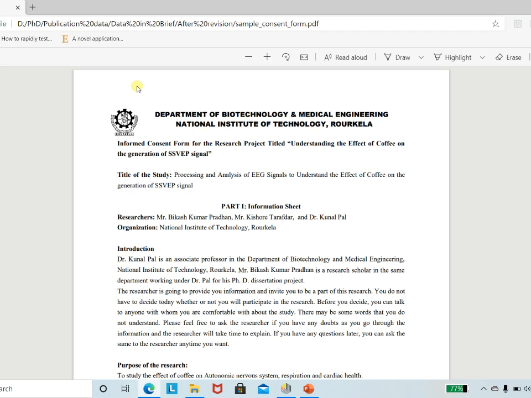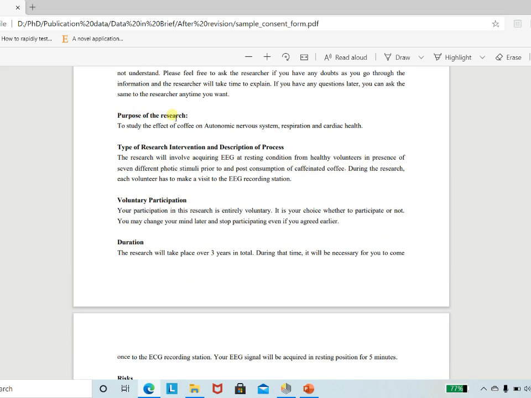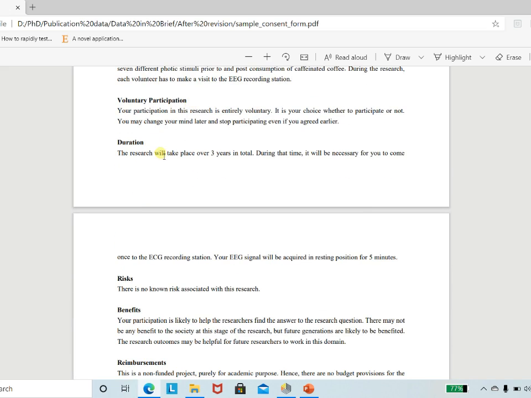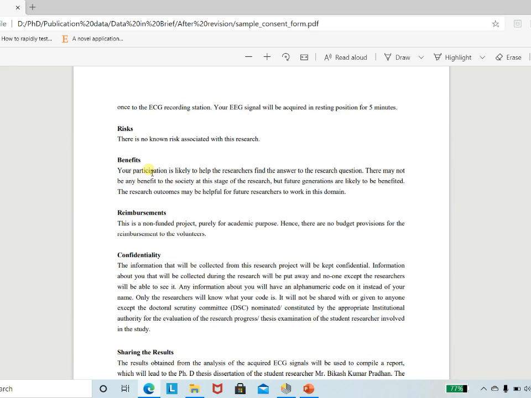The first part is the information sheet that contains the researcher name, then organization name, the introduction to the research, then the purpose of the research, then type of research intervention and description of the process, then voluntary participation, then duration of the research, risk and benefit, if any, then reimbursement if it is a funded project, then the volunteers taking part are